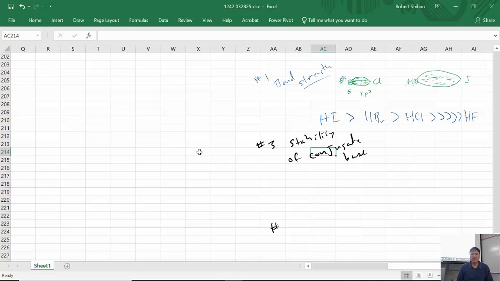The number four thing we look at is what I'm going to call hydration. This is the stability of the hydrated products. So in terms of stability,